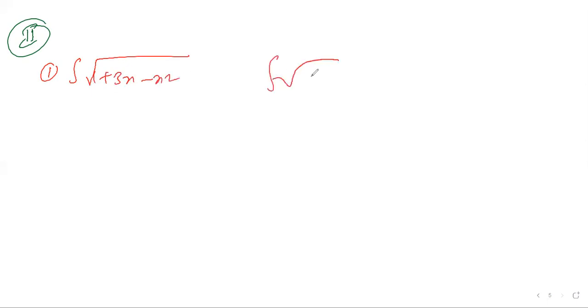Now, let us go into the second bit. The second bit, first question, yesterday already finished. This is 1 plus 3x and x square. This looks like under root of a square plus x square or like that. You can convert and do it out. Clear? I don't want to do it now. First question. Okay. Yes, sir.